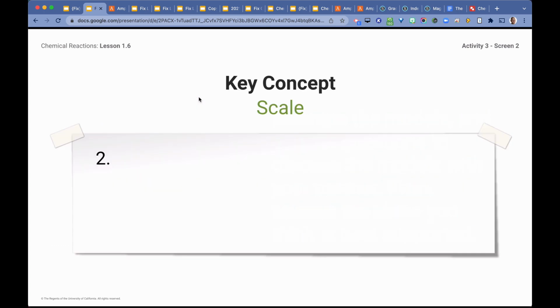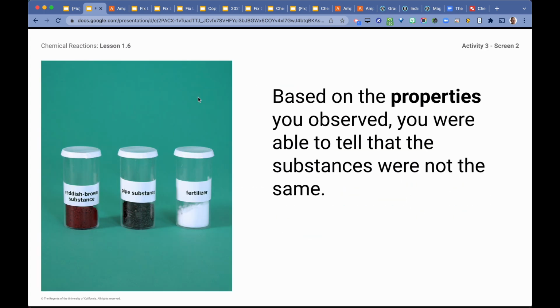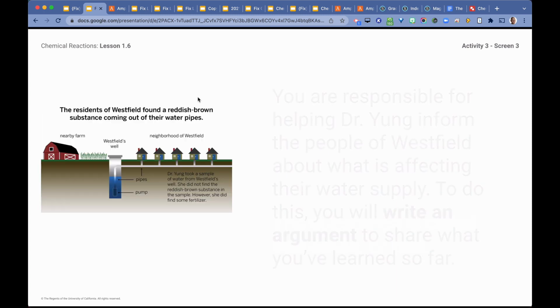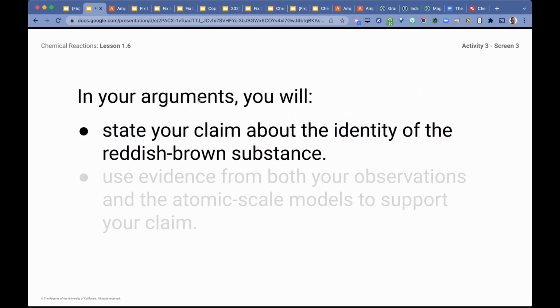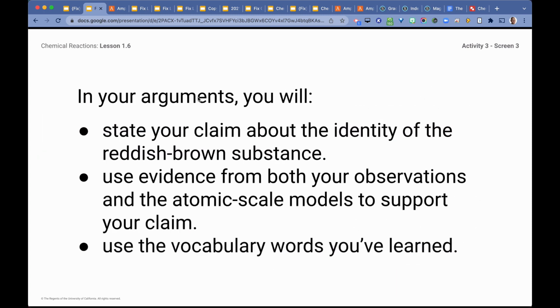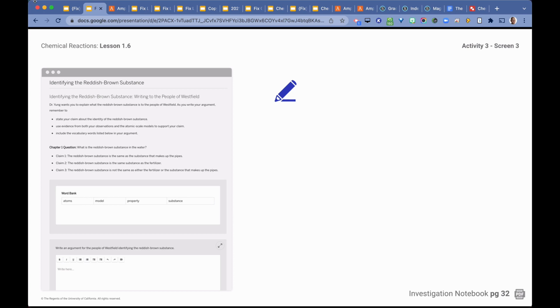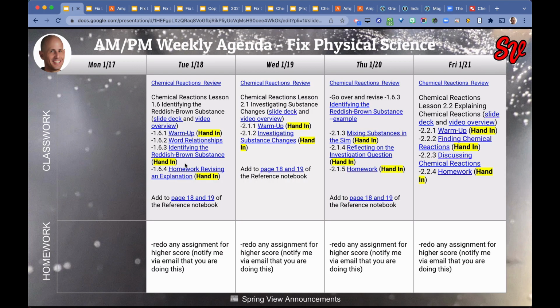Alright, so we did that on Monday. And they wrote an argument stating their claim about the identity of the reddish-brown substance. They had to use evidence from both the observations of the atomic scale models and the macro scale, and use vocabulary words that they've learned. So we did that on Monday, and then